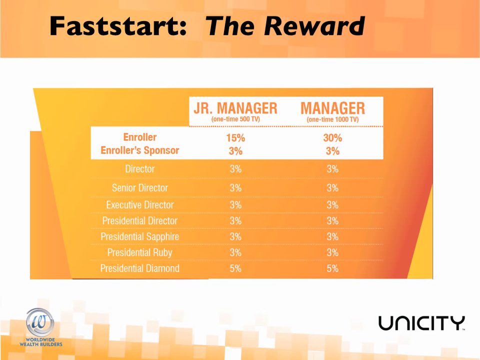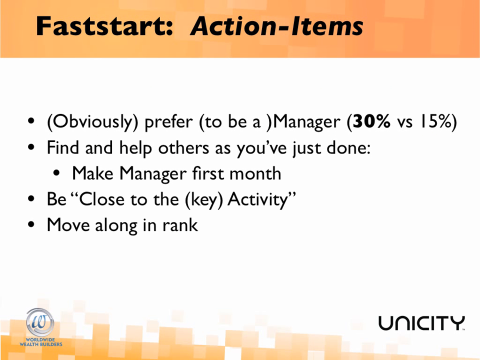For your 1 month TV of 1,000, which you can again buy it or build it, your enroller fast start goes from 15% to 30%. You double the reward. So if you ever plan on being a manager, and if you ever hope to introduce someone to the business, you may as well do so as a manager. You may as well bring them in as a manager because they'll want that same benefit, and your reward is effectively enhanced. I don't spend too much time here, but I do make sure they know what it looks like and where they can go find that for a reference point thereafter.